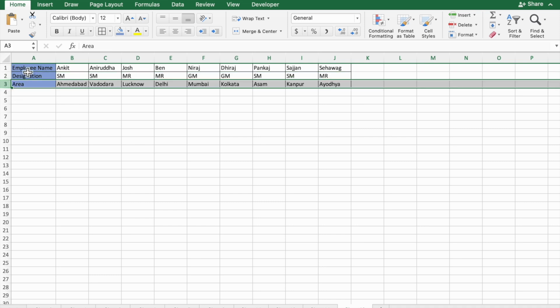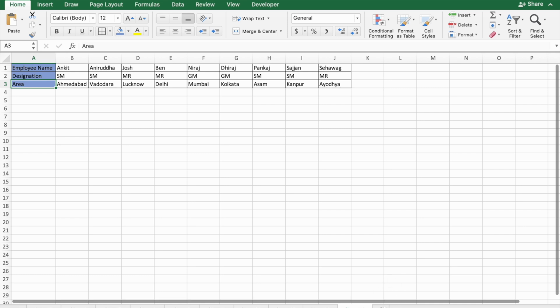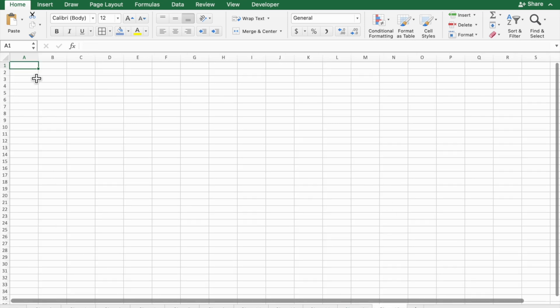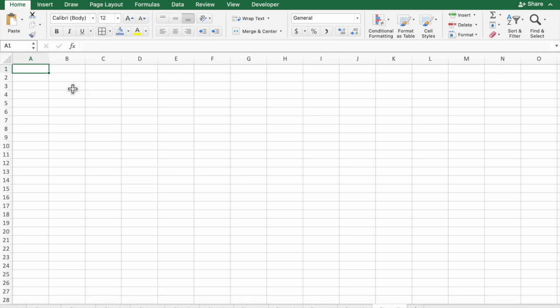Okay, so here you will see this is employee name, designation and area. Now I want to convert this into column. So how to do it? I'm going to just open a new sheet here. Now here I have to just increase the size. Then what you have to do here, I want to start the column from